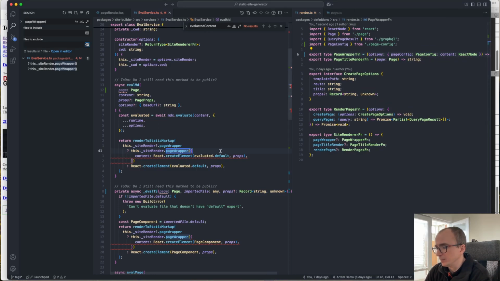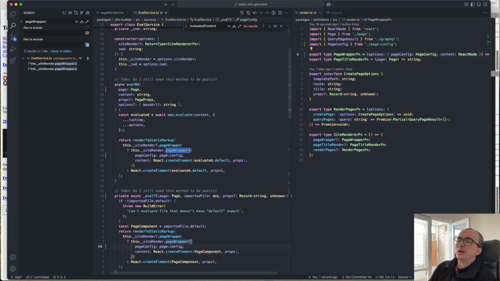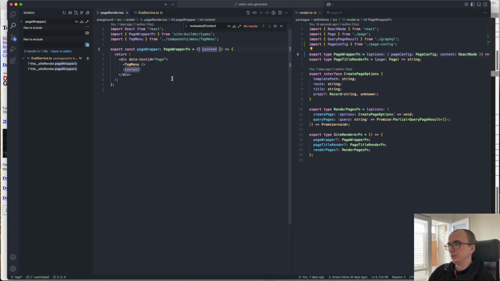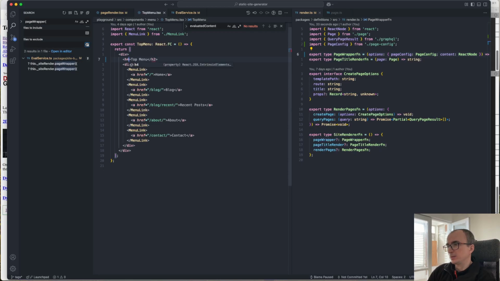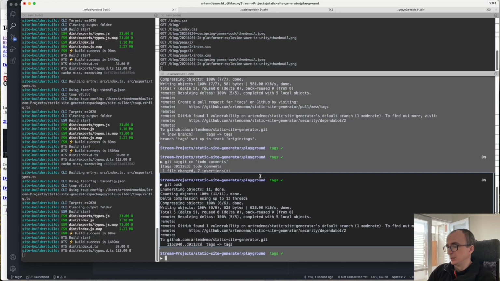Right, so now I can page config, pass it here, and page I have config here. Okay, and I need to pass it here as well. Cool. So now I will be able to use it inside of page wrapper and call it page config. Nice. And so here what I can do, by the way, I'm using, let's make it a bit smaller. It's a title of menu. I don't know why I need title here, but whatever. And let's write title of the page that I'm currently rendering, and here it is, and yarn build